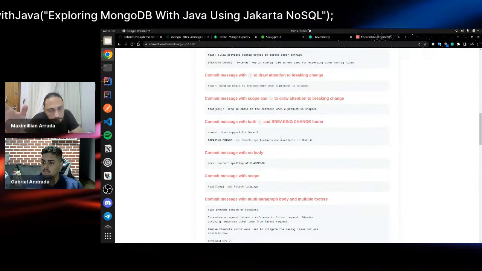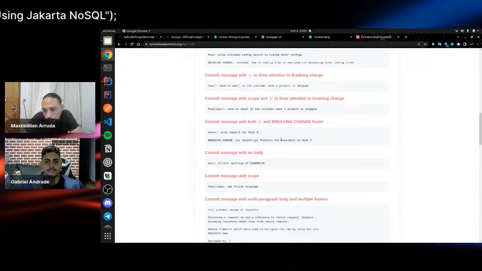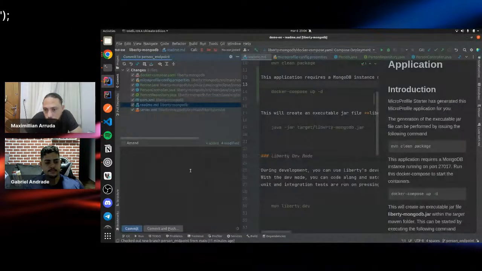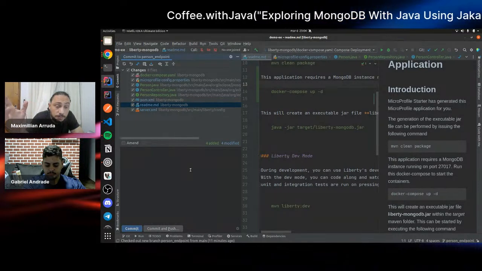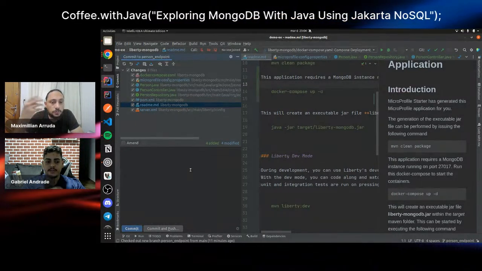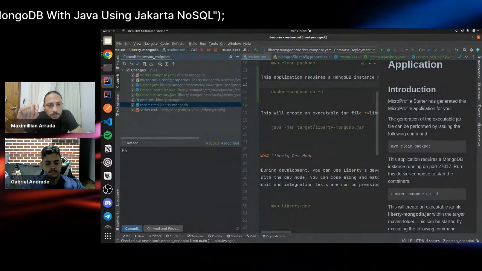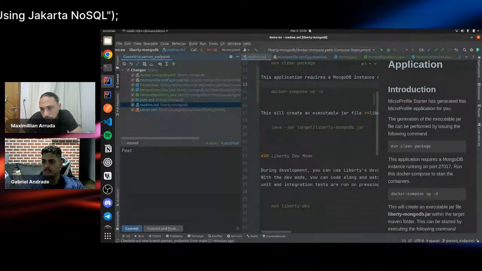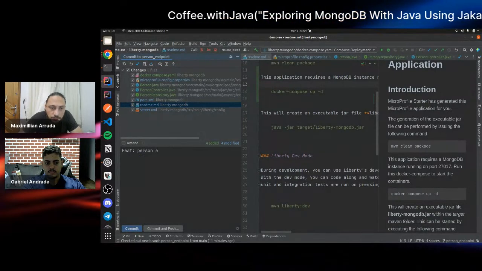So we could do the same. Go back to your code and you could do something like that. You have implemented a feature, so I think you need to use feat, F-E-A-T, and put a colon.